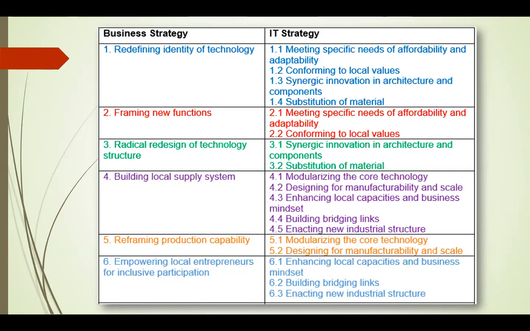Now we move on to 1.2, conforming to local values. Organizations such as local companies integrate local data and values into their product designs to create a tight blend of emotional and economic value for users. Aligning and conforming products with local values and traditions is appropriate from a local perspective, as it enables the users to integrate a new technology with their traditional